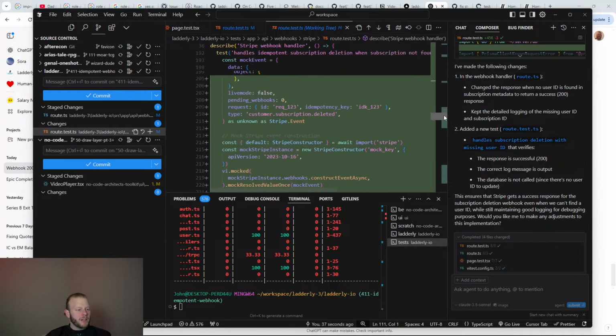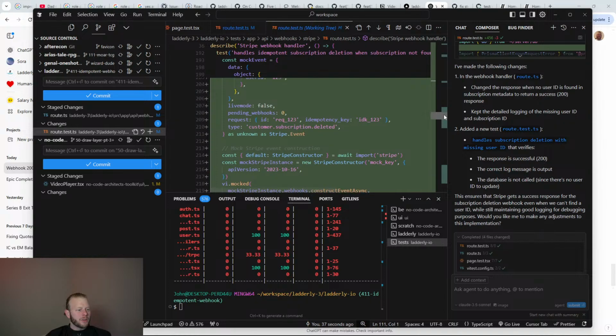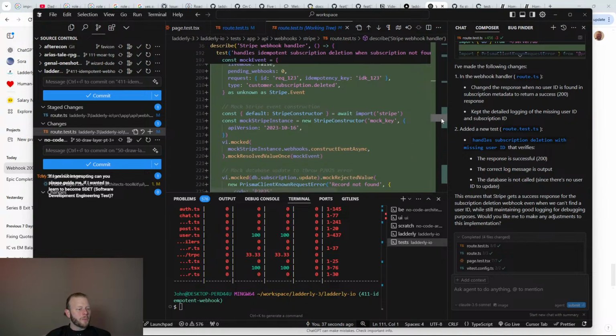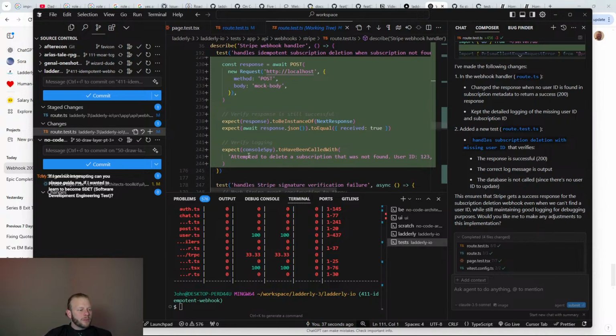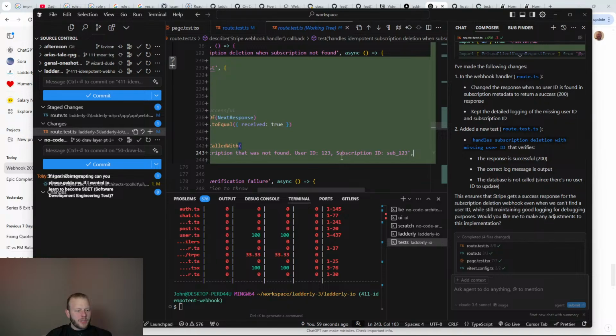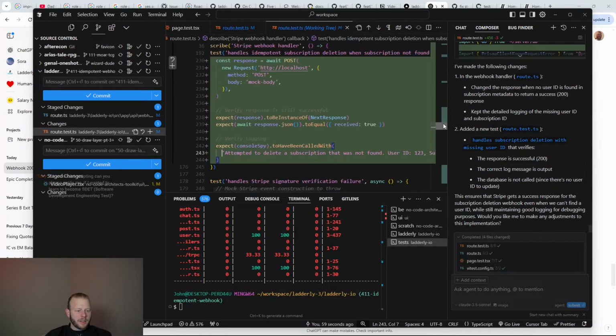Successfully downgraded. Good. We have an idempotency key. Attempted to delete a subscription that was not found. User ID. This looks exactly like how I want.